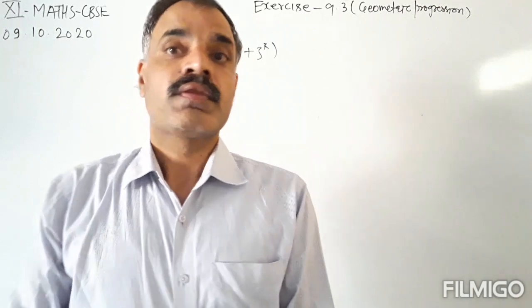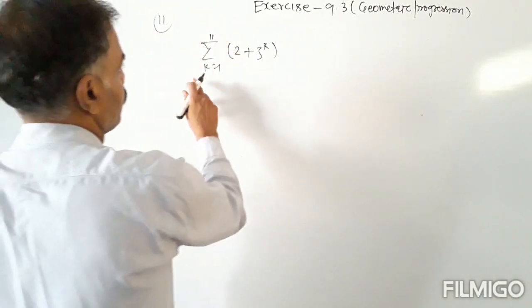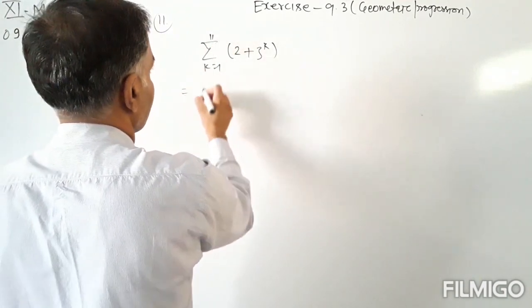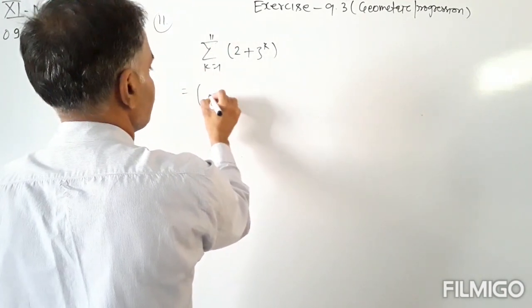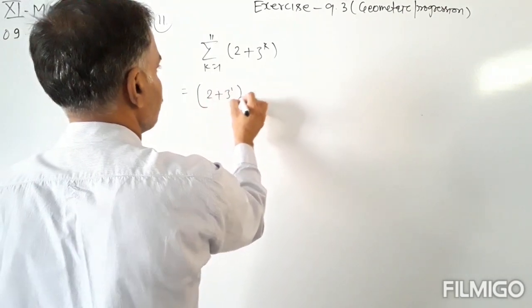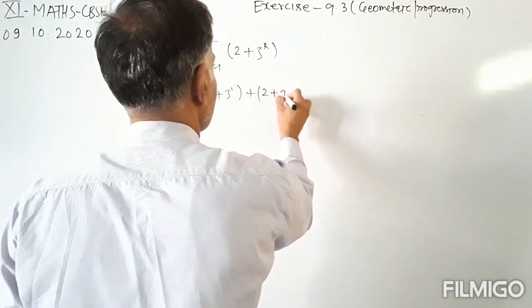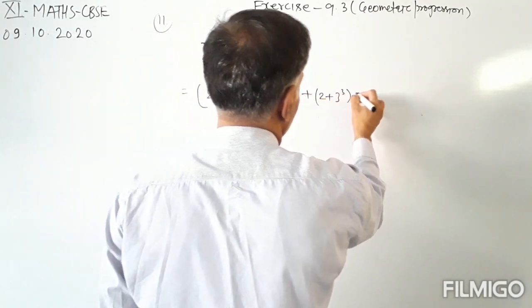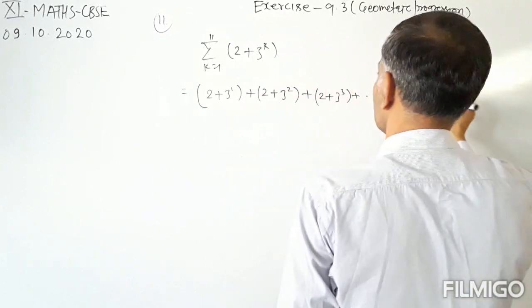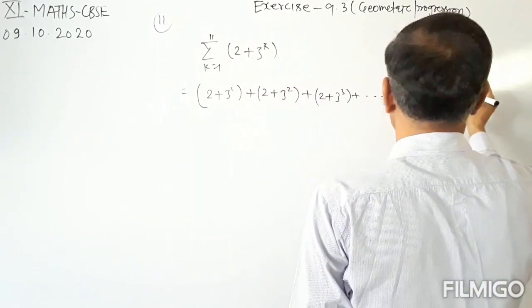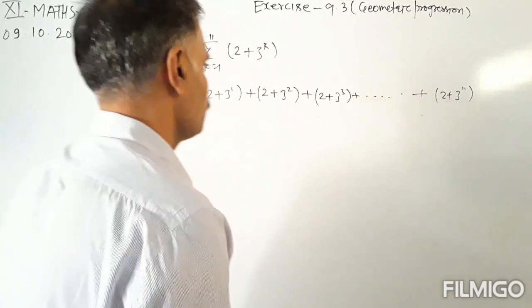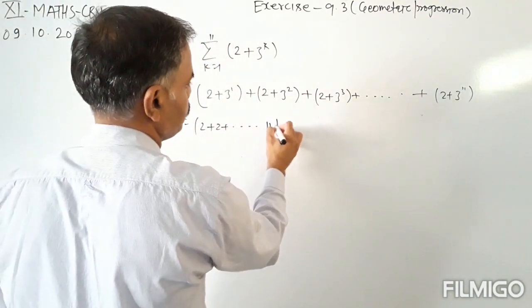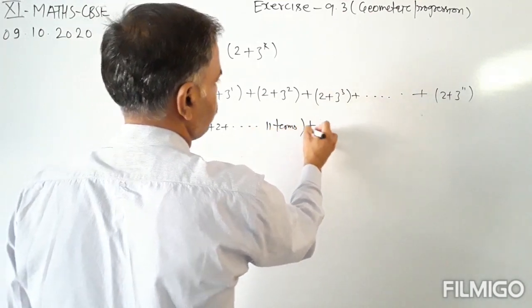To evaluate this sum, write down the terms from k equals 1 to k equals 11. We have been given a total of 11 terms: 2 plus 3 raised to the power 1, plus 2 plus 3 raised to the power 2, plus 2 plus 3 raised to the power 3, and so on, plus 2 plus 3 raised to the power 11. So this equals 2 plus up to 11 terms, plus